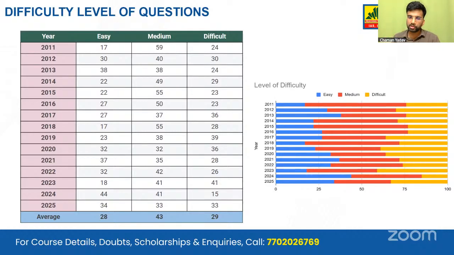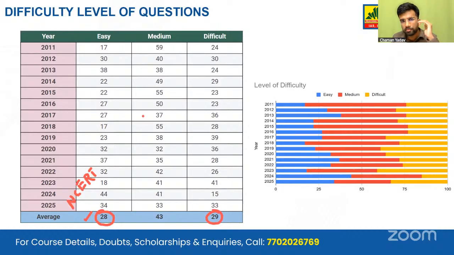And the cutoff says this, so we'll be discussing the cutoff after this. This is a very general analysis of the difficulty level of questions UPSC has been asking over the past 15 years since the pattern has changed. More or less, the amount of easy and difficult questions asked by the UPSC remains the same. Easy questions: if an aspirant has read the NCERT and done some scattered current affairs, then he or she should be able to mark all these 25 to 30 easier questions correct.